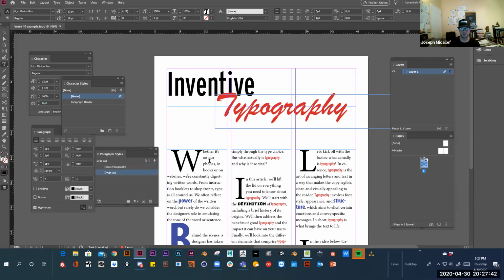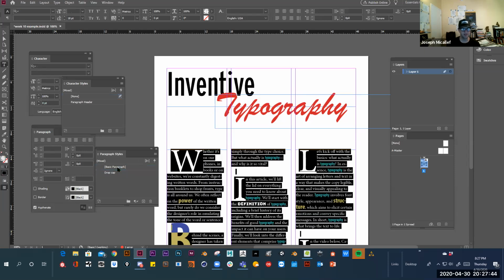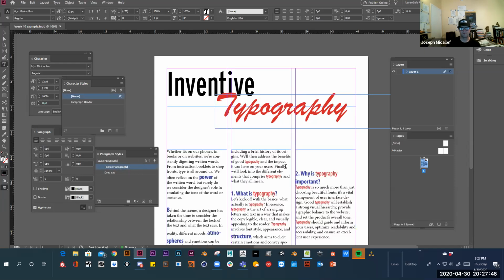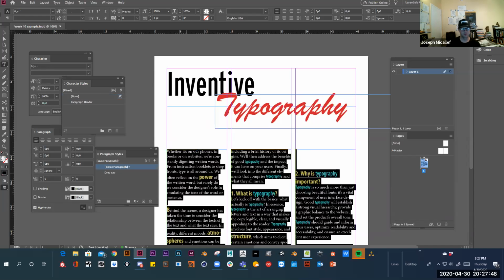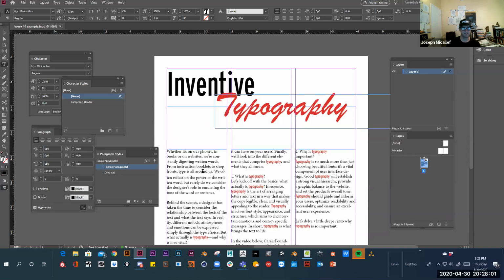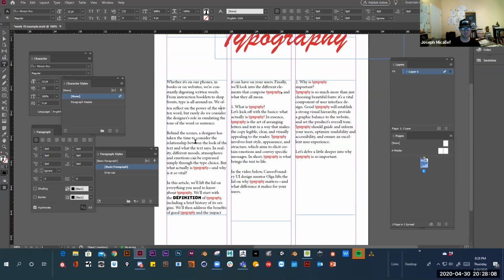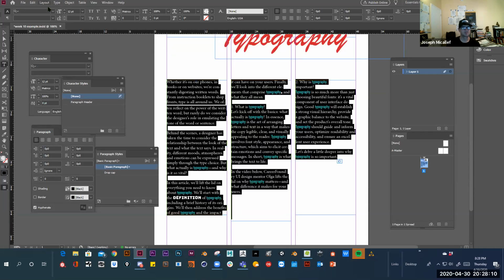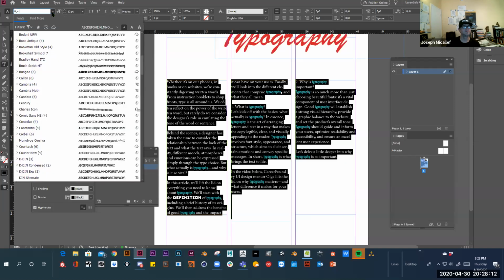And then going into the text itself, I'm going to go back in here. If you click on basic paragraph, it will default to the default paragraph settings. And for the character styles, if I click on none, it defaults back to the same size, but not the same font. So I still have the word typography and definition in a different color. And I'm just going to go up here and